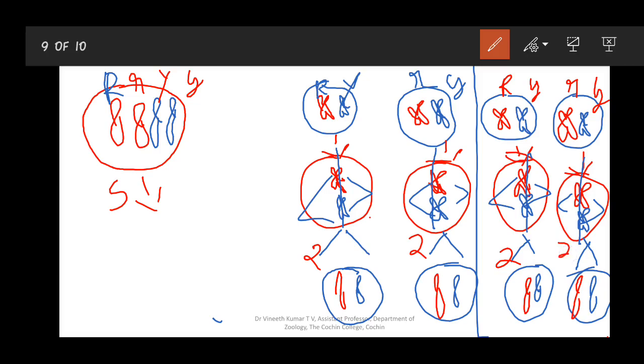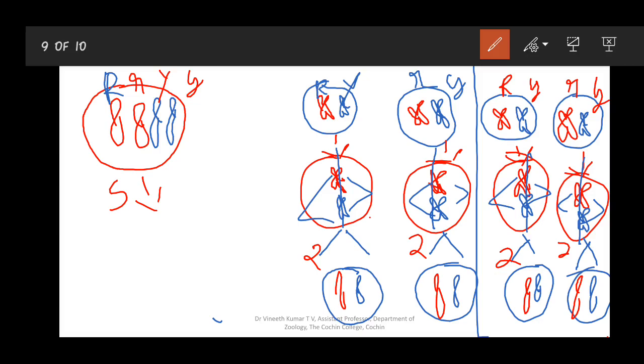Depending upon the arrangement, I clearly noted it will be OR. That means either you can have 4 gametes from the first metaphase arrangement or 4 gametes from the second arrangement. But when you consider a cross, you have to consider both the possibilities. That is what we are going to see now.